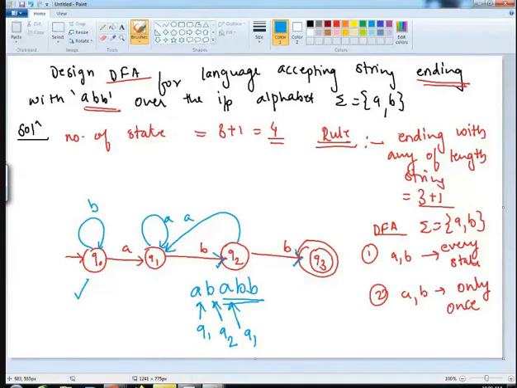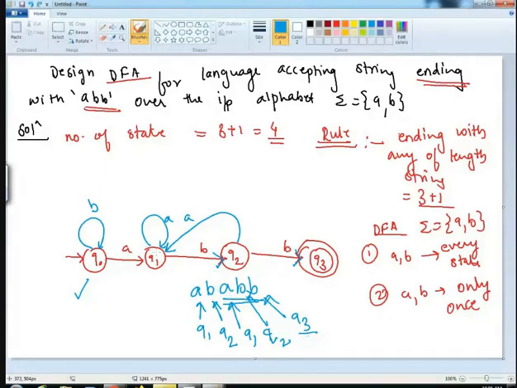Again, Q1 to Q2, it will move with B. So it will be Q2 state. From Q2 to Q3, it will move to the final state. So if you observe, if I give to Q1, I do not have to give a condition in which there is a double A. But if I give to Q0, it becomes a mandatory condition, right? So the best option, or if you think logically, the correct option in this will be you need to place it on Q1.